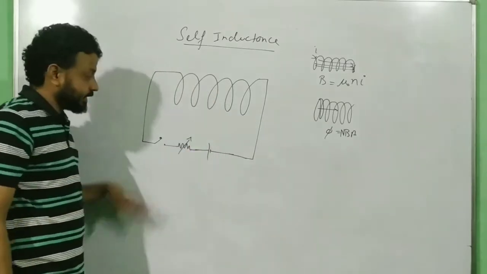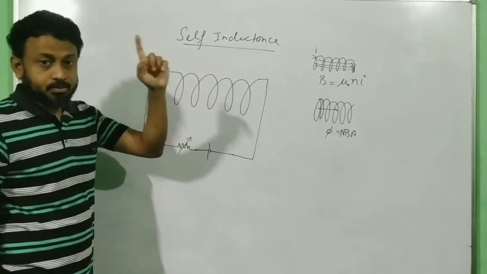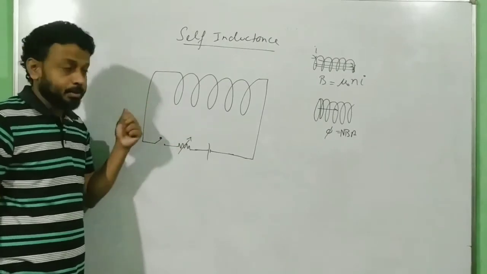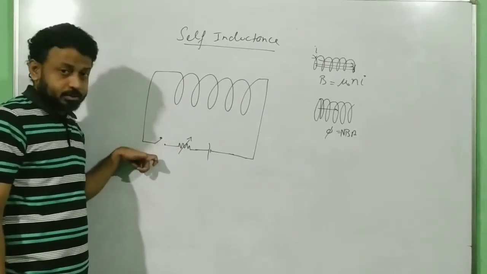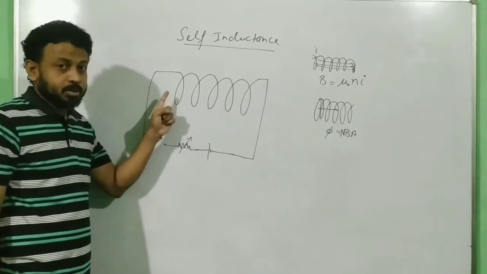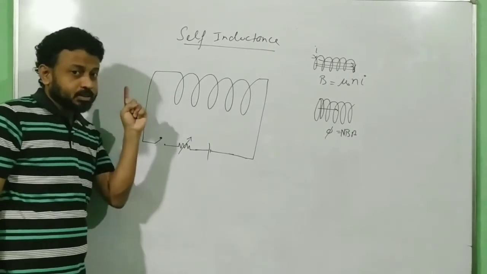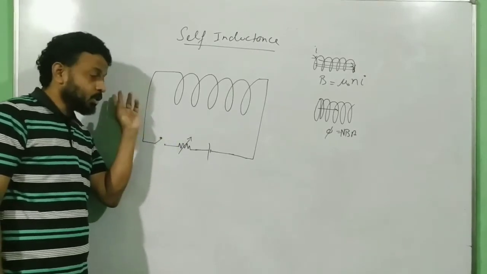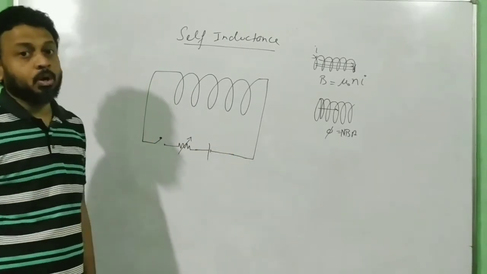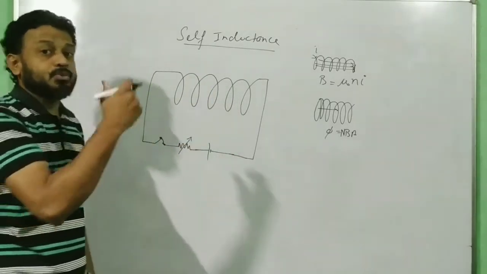Now, what is the flux in this case when the switch is open? When the switch is open, right now there is no flux. Remember, flux is 0 before we switch on the circuit. The moment I connect this, immediately a current will get developed, immediately there will be a field developed, and immediately there will be a flux developed. So what has happened now? From zero flux before the switch gets closed, suddenly a flux is created, in that fraction of time, just at the time of switching it on. That means flux has changed.